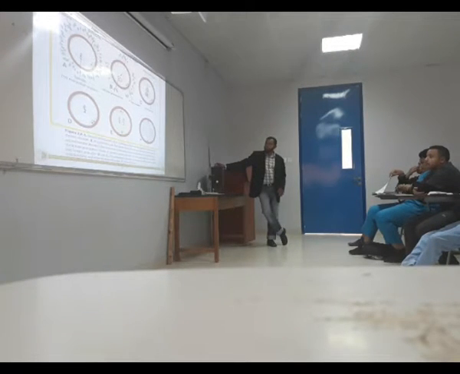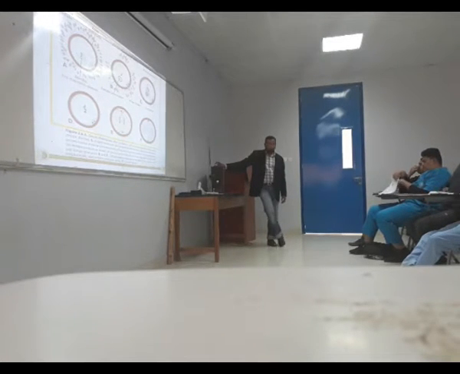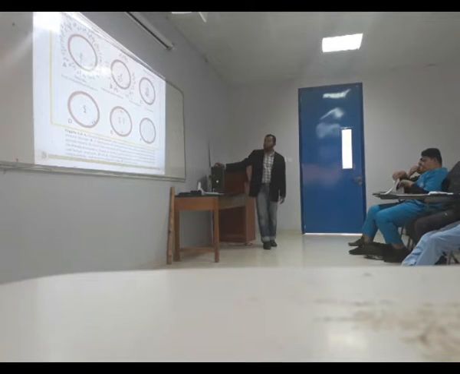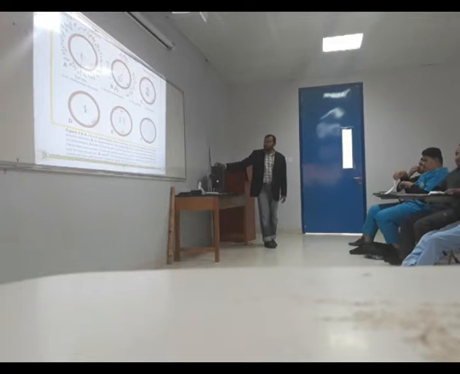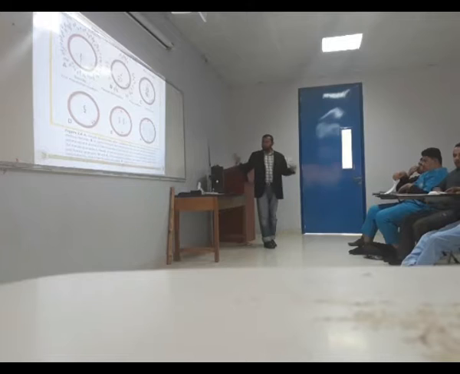Now the entered head, this is called the male pronucleus. After the completion of the second meiotic division, there is release of the second polar body. With every meiosis, there will be release of a polar body. Okay, now the male and female pronucleus are there. Now they start fusing with each other.